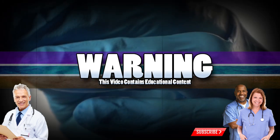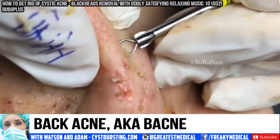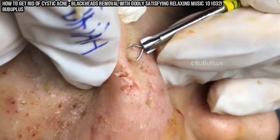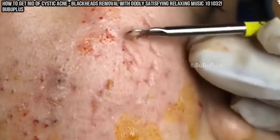Good medical morning. This is Watson from World's Greatest Medical, and today we're going to look at back acne, or backne if you prefer. While you check out some examples of back pimples,